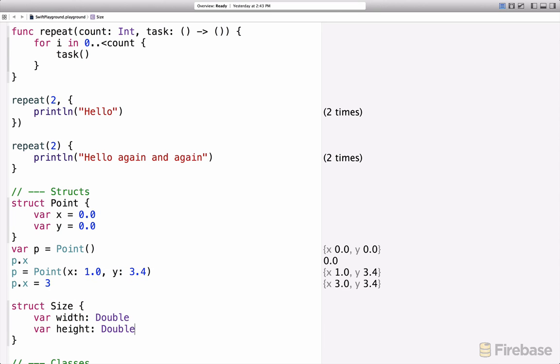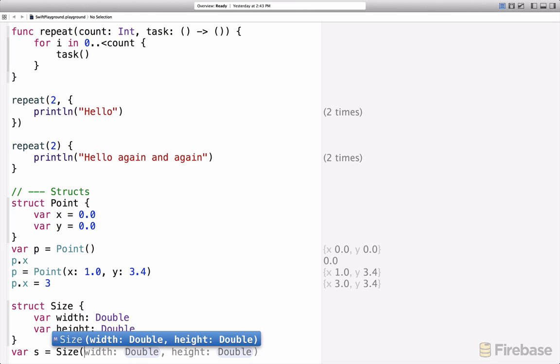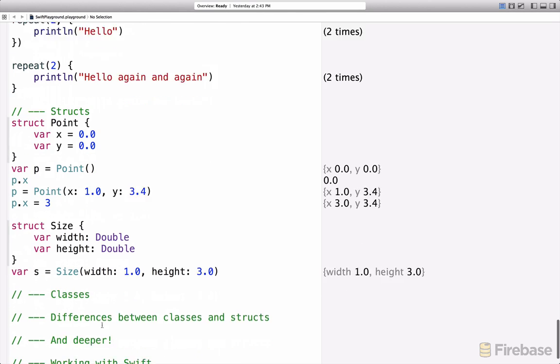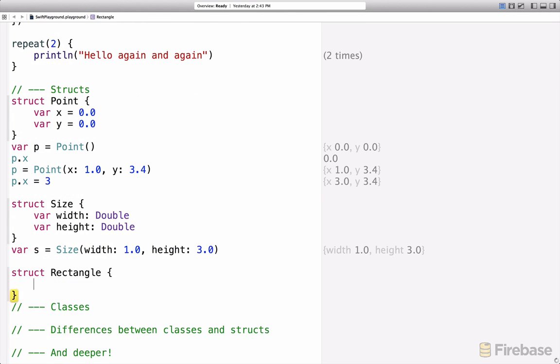Since there's no default value, we have to tell Swift what the type of this property will be. Since we don't have default values, we also can't use the default initializer, but we can still initialize a struct of type size. You'll notice that the names that we pass in for the parameters in the initializer here are the same as the ones for the properties. I'm also going to define a rectangle struct that uses the point and size struct so we can talk about